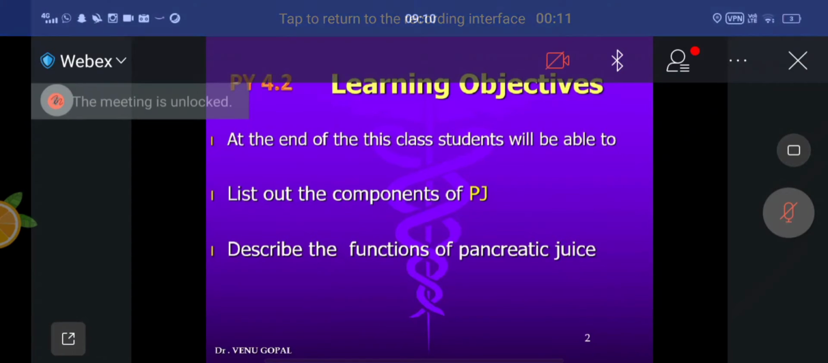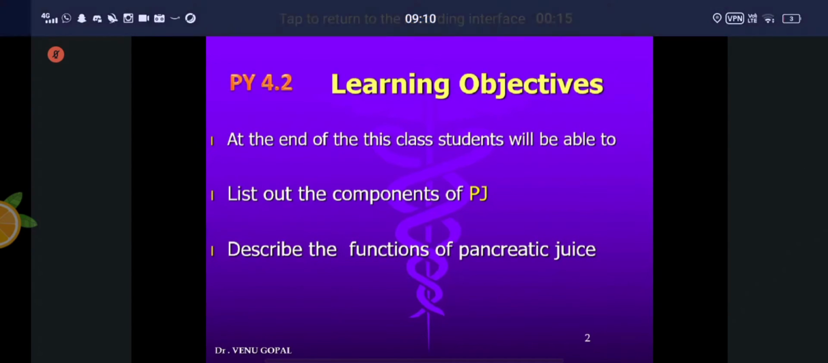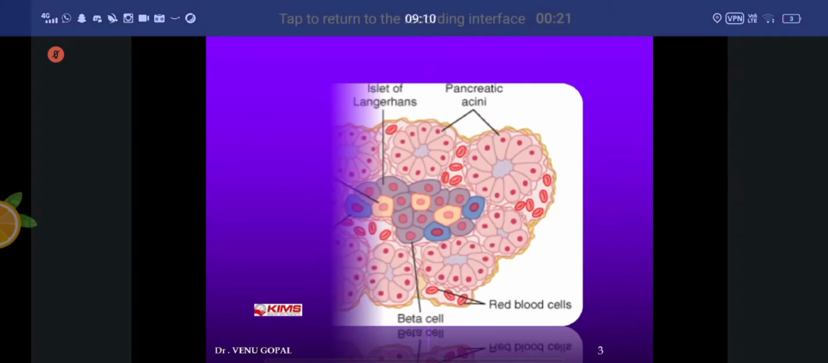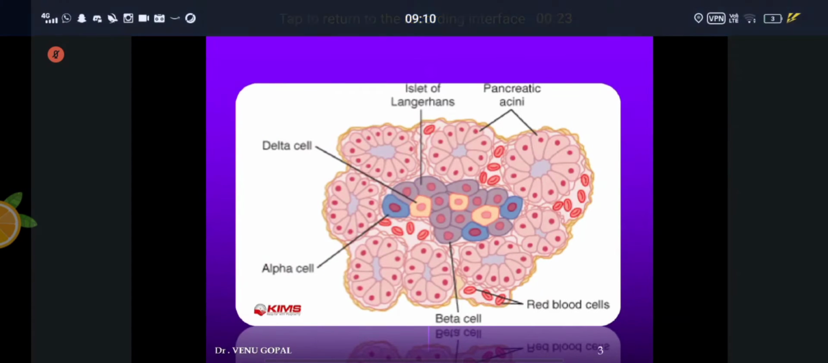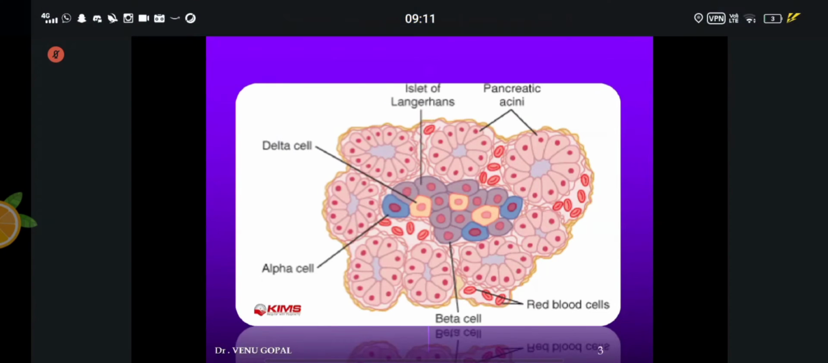This is the limitation for today's class. The rest of the regulation phases will be discussed tomorrow. We'll stick with the components first. Getting into components, from where it is secreted, because the pancreas has two differently identified tissues, by histology and